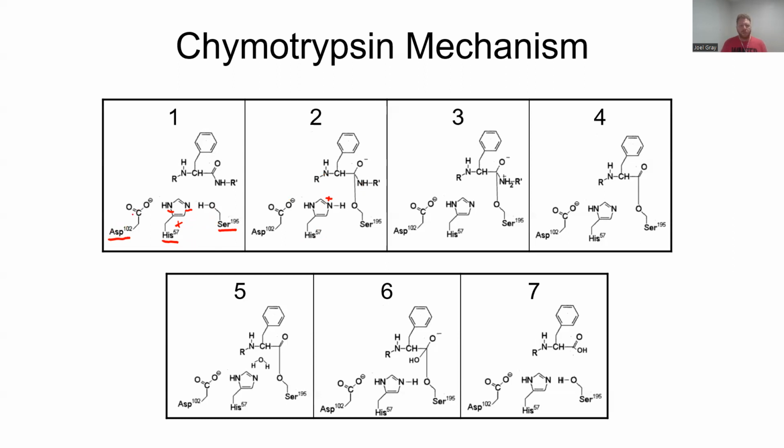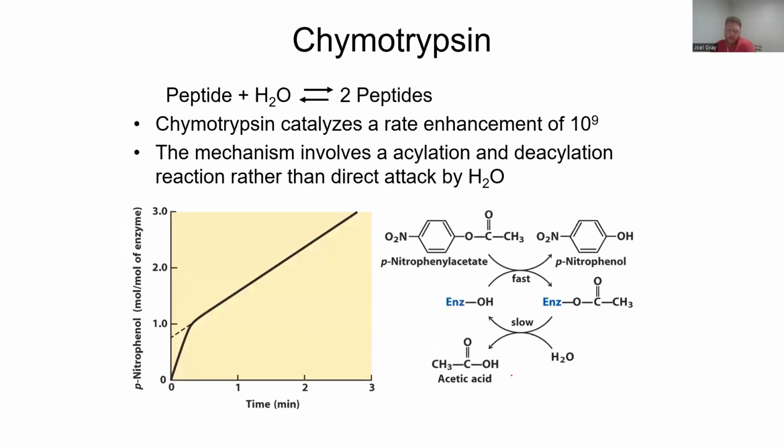Now, if we look at aspartate, well, it's deprotonated. In cell number 2, it's deprotonated. Cell number 3, still deprotonated. Cell number 4 deprotonated. 5, 6, and 7, it's all deprotonated. They're all deprotonated. Now, with that said, one of the things that I want you to look back at is